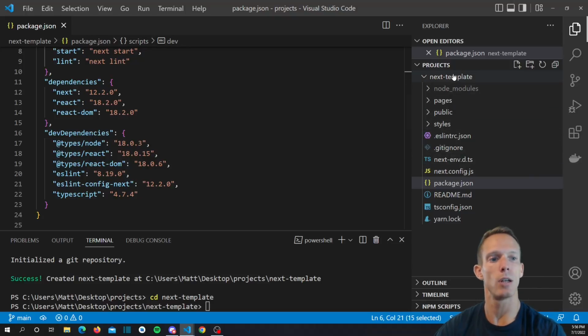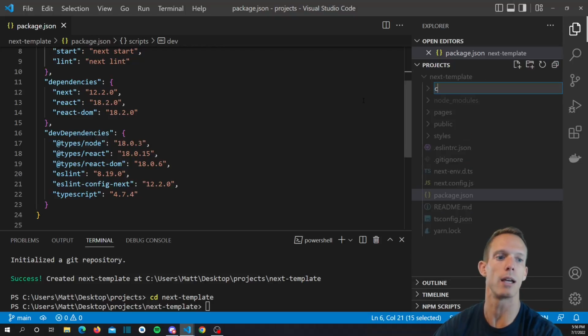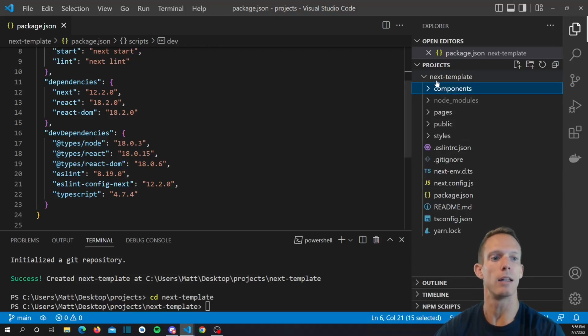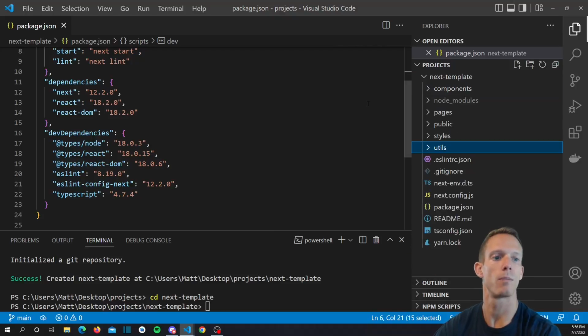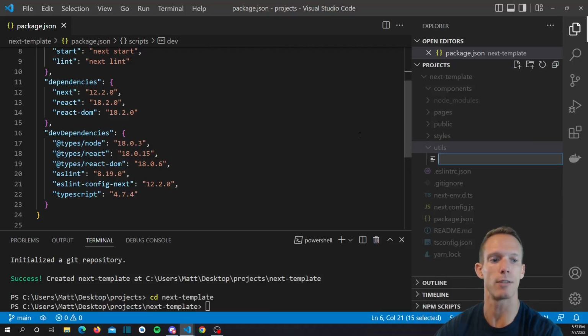And so typically the way I do this is I would create two new folders, a components folder and a utils folder. And inside our components folder is going to be our components, like our nav bar, and then also something like a layout page, which is something that we'll actually create during this little initialization that we're doing here for this next template. But for utils, I typically would just have something like an